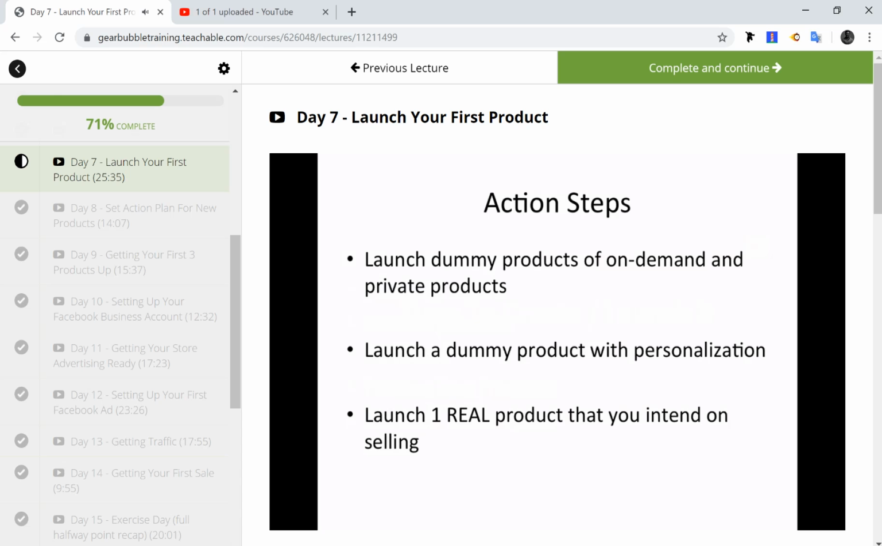So here's some action steps. I want you to launch dummy products, on-demand and private products. I want you to launch an on-demand product that's a dummy product, and I want you to launch a private product that's a dummy product. Launch a dummy product with personalization. Now, these don't need to have sales. These need to just be up so that you know how to launch them, you know how to do them,